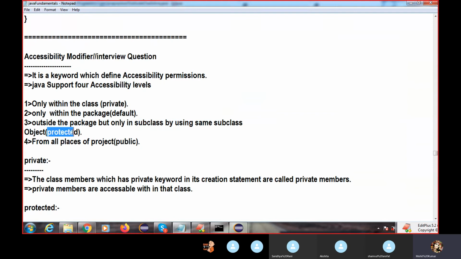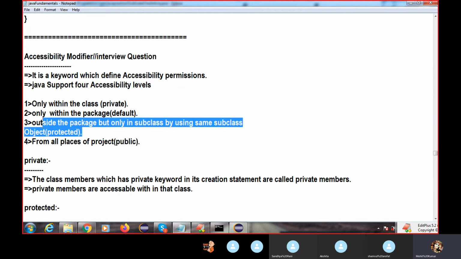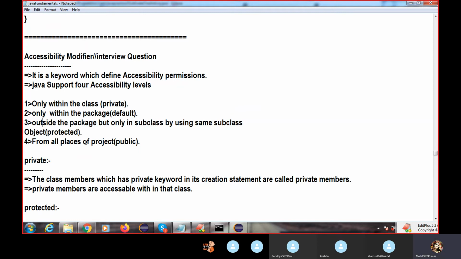We have one more, called protected. With protected, we can access only in a subclass in the next package. Not the next project, I mean the next package. This is the one project, right?